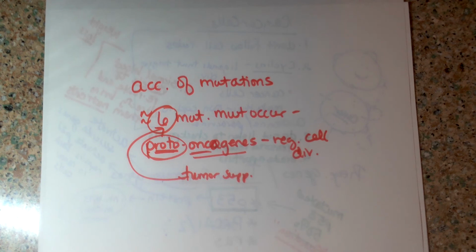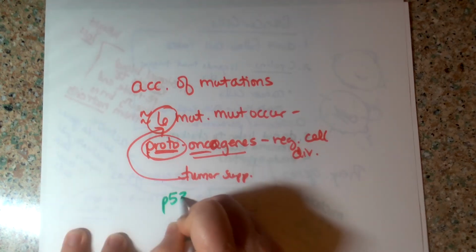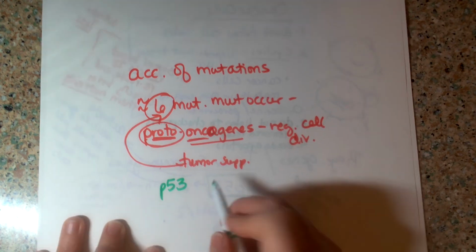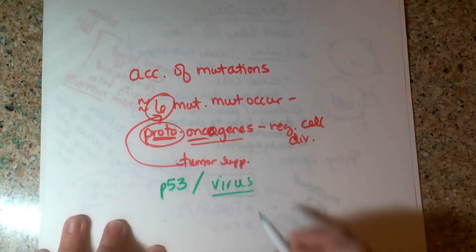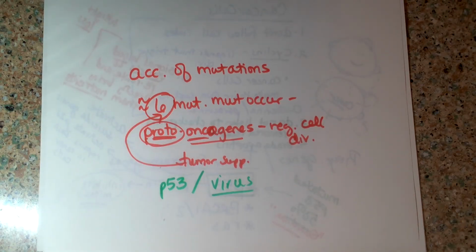Now, could things happen that are out of your control, where you're not doing anything wrong and cancer still happens? And the answer is yes. If your P53 doesn't do its job, or sometimes a virus gets in there and damages that cell and causes it to be cancerous, and so that's out of your control, and so you need to go in and have like a tumor removed or whatever. Okay,